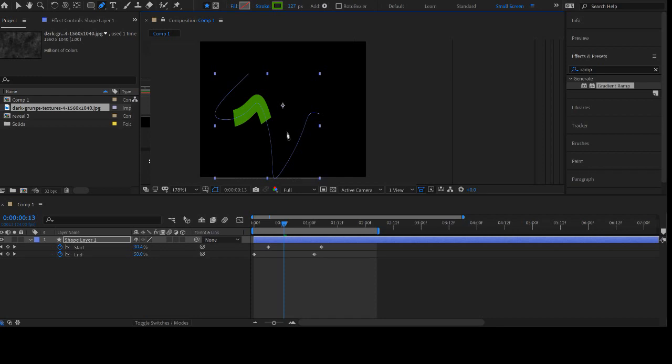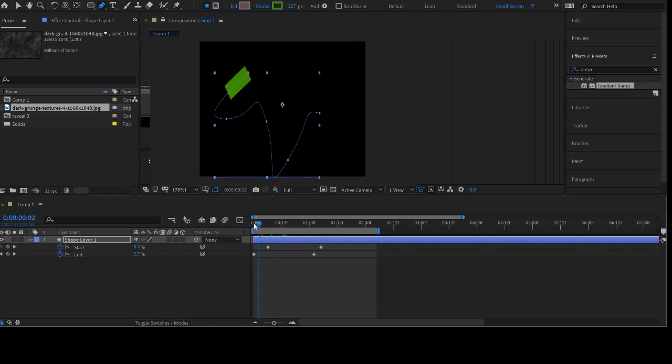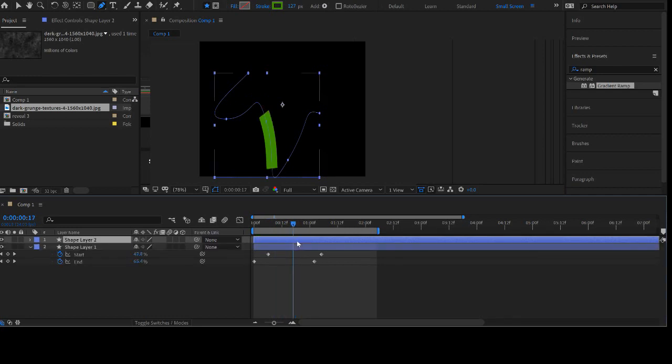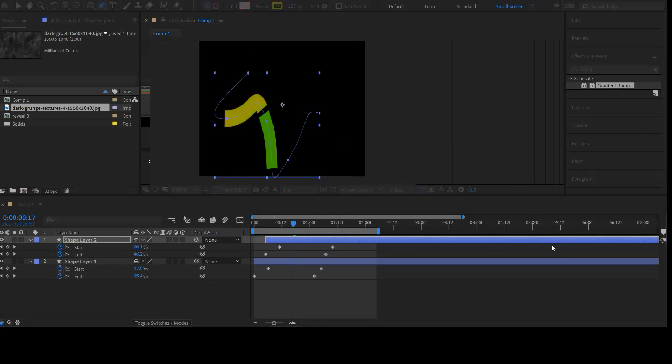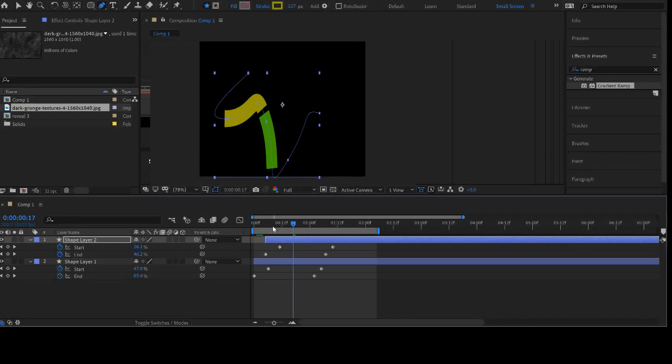All right, let's see what happens here. All right, so I've got my animation happening, and I'm going to, with the layer selected, hit Command D, and that's going to duplicate. And when you duplicate, that will duplicate all your keyframes and any effects you put on. And I'm going to slide this just a little bit past. That's called offsetting my layers. They're not lined up anymore. If I change the color from green to yellow, like such, you will see it is following along, keeping all the same keyframes